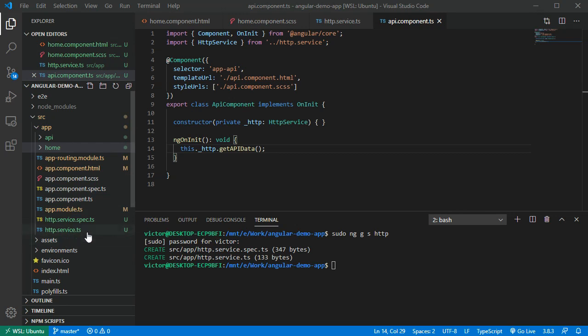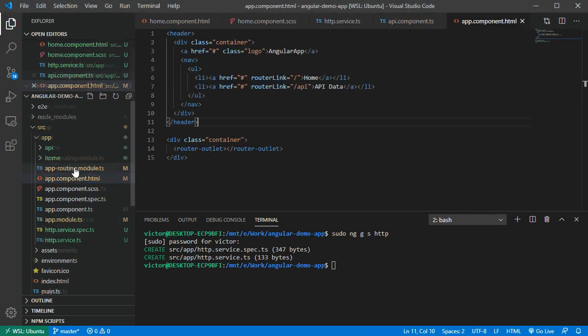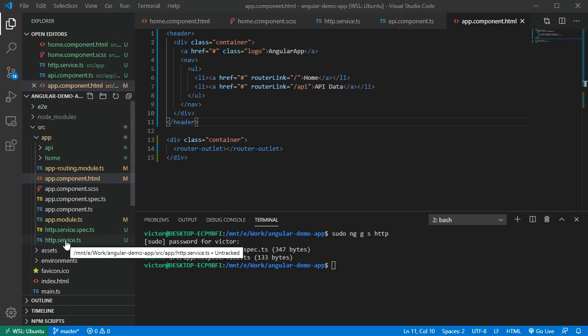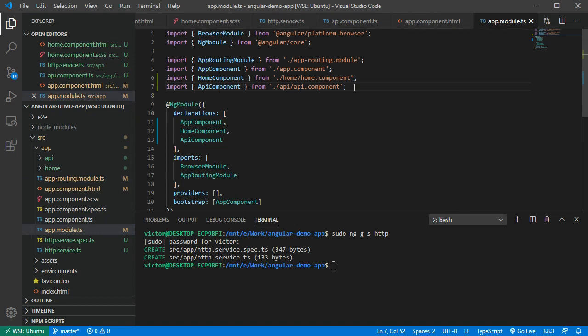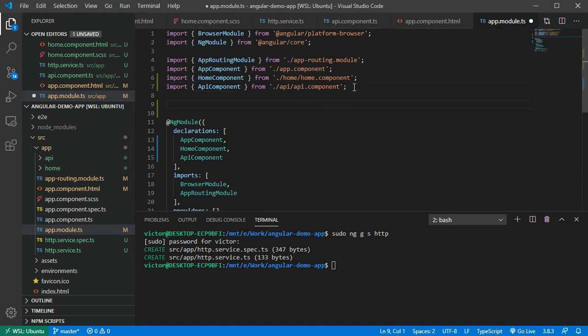this is a good thing. I cannot see what we have here. We should open the app module TypeScript here, and then we should import here the HTTP client module, but that's what I forgot to add. So let's type in import, and we have HTTP client module